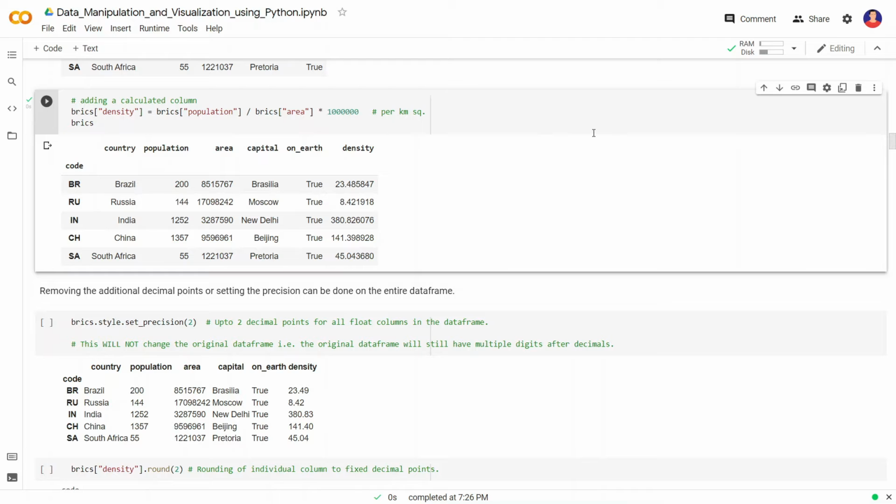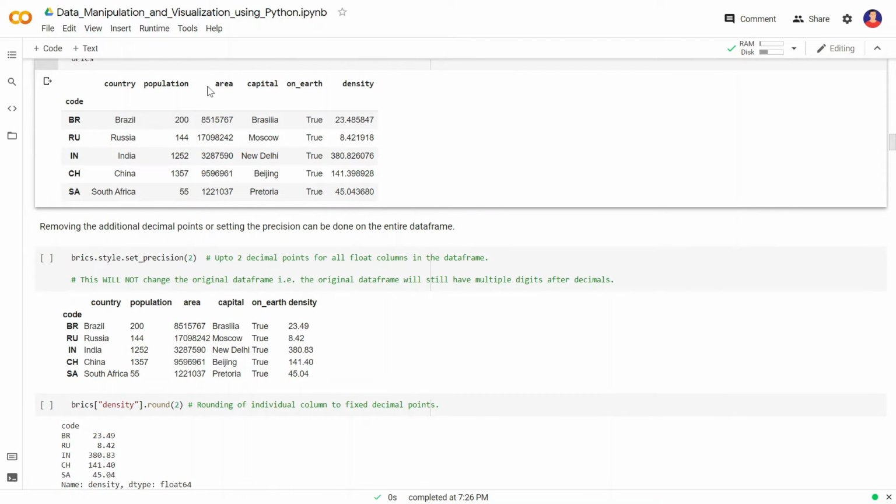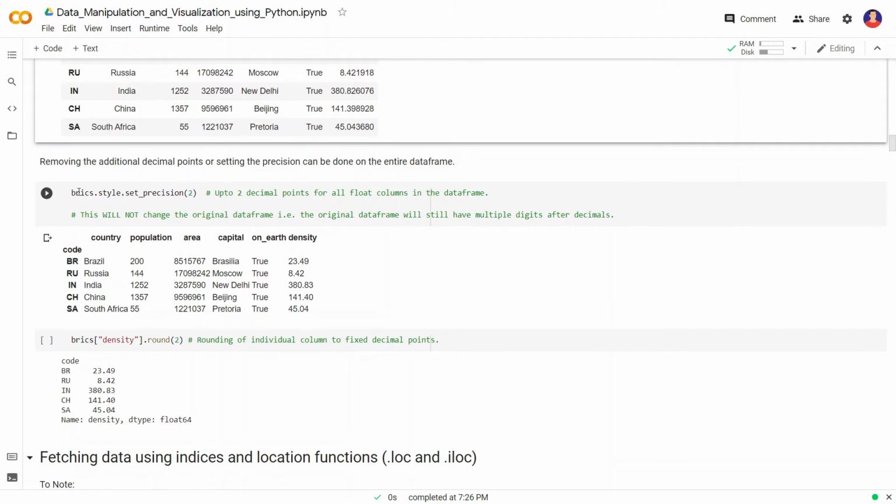Removing the additional decimal points or setting the precision can be done on the entire data frame. We can set how many digits will be there after the decimal in the entire data frame if we want to. That is customizable. So how can we do that? We can do that by specifying the data frame name dot style, because it's a styling option, and set_precision to 2, that is up to 2 decimal points for all float columns in the data frame. This won't change the original data frame; the original data frame will still have the multiple digits after decimals. So if we run this,